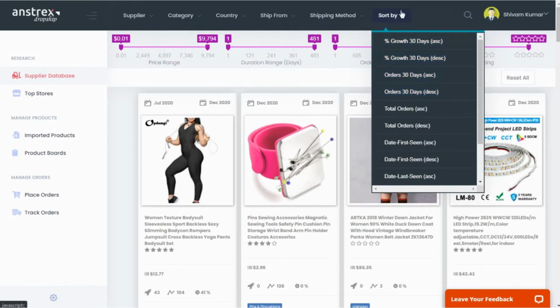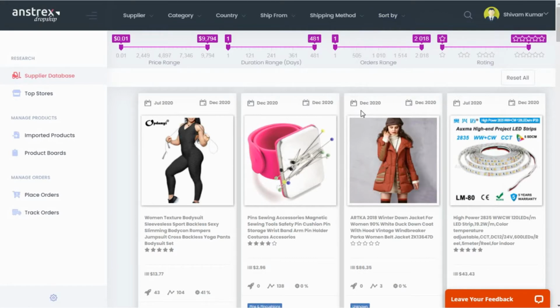Let's say you wanna find your top competitors in your niche. As you enter the keyword, choose the filters you want to apply to the search. Like I am adding the search term as watches.